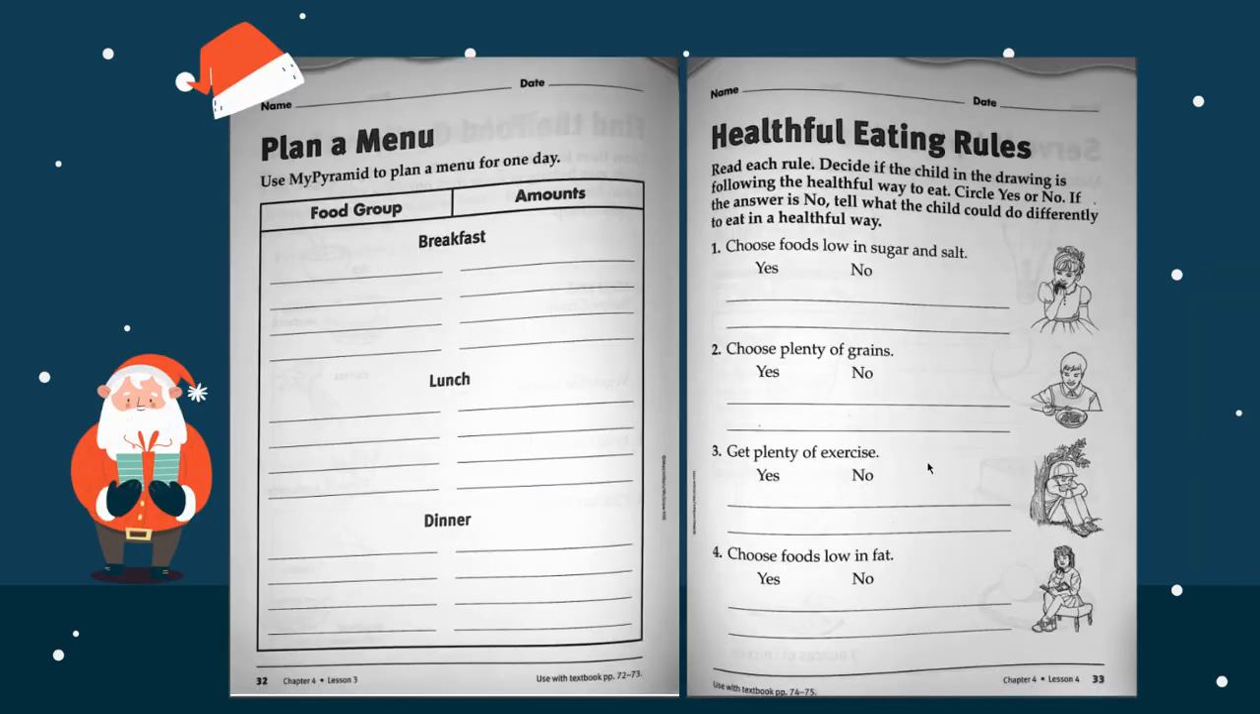Let's see. So this is your assessment. You have page 32 and 33. Plan a menu. So you're going to plan a menu for a day. You're going to choose what you would like to eat for breakfast, for lunch, and for dinner. You don't have to do the amounts, but if you want to, you can do that as well. You can tell me, I'm going to eat 1 plate of cereal. I'm going to drink 1 cup of milk,